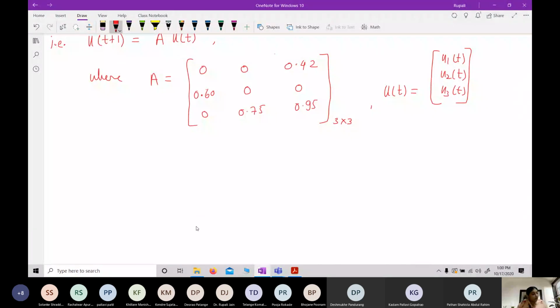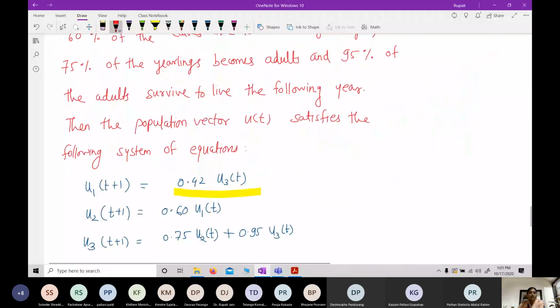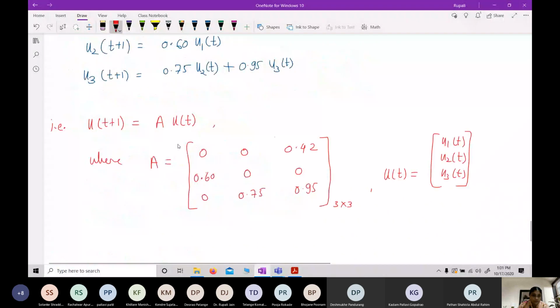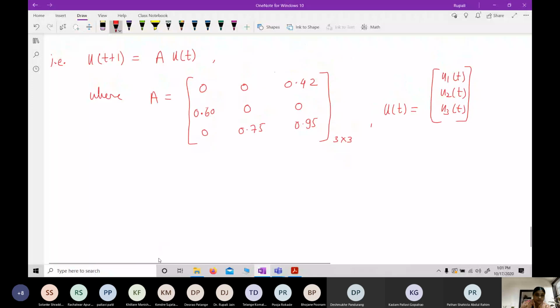So from this we will come to know how many American bison will be there, meaning the number of calves, number of yearlings, and number of adults at T years. Whatever that year may be, we can easily calculate how many will be there if we know the solution of this system of equations. Is that okay? So in this chapter we are going to see how to solve it.